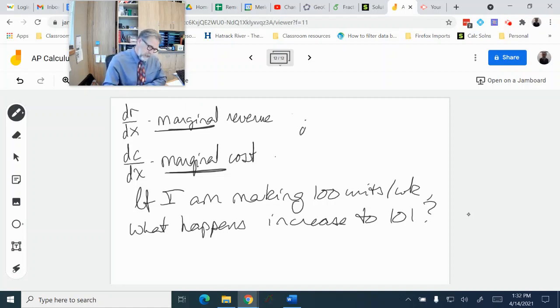And then, of course, the rate of change of profit with respect to units is called marginal profit. All right, so let's